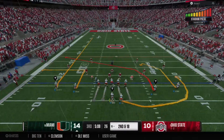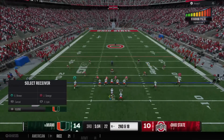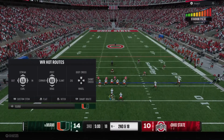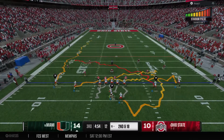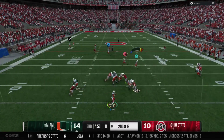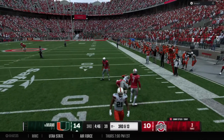And here comes the offense on second down. Back to throw, it's Ward. He's got his man. They get him down at...